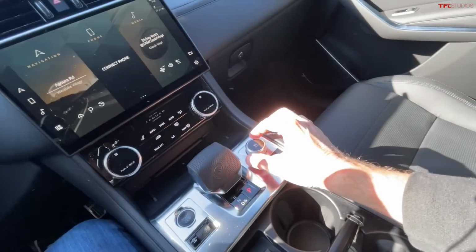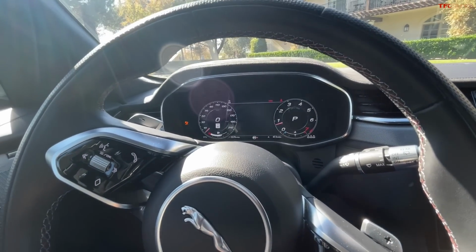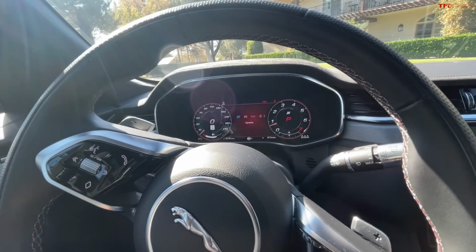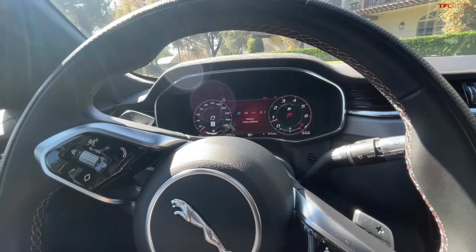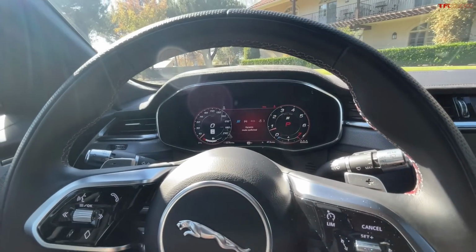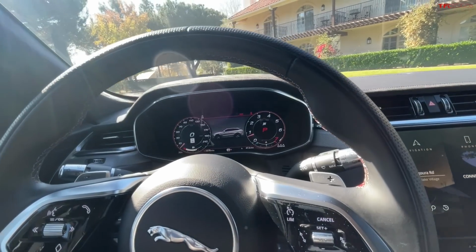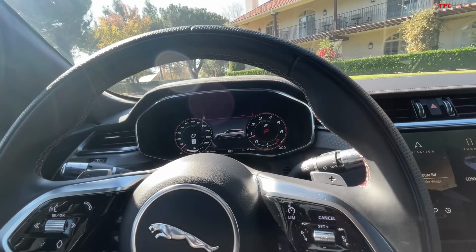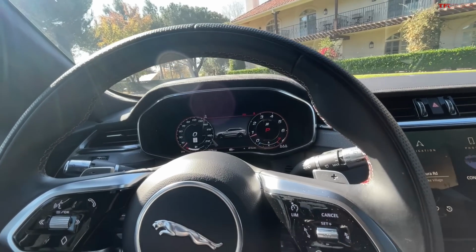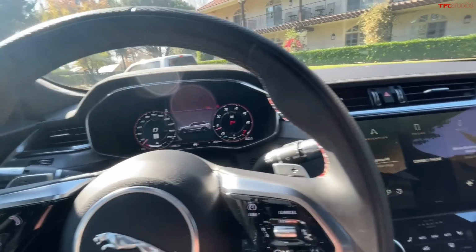Start button. Now we have different modes, so you can change it from, I believe we're in comfort as a default, to dynamic, to eco, and then of course changes the suspension. It's dynamic suspension. It changes the steering input. It changes the shift points, making for a much sportier vehicle. And like I say, I was carving canyons with this, and it is pretty astounding at how small and intimate this crossover becomes when you're actually out there,